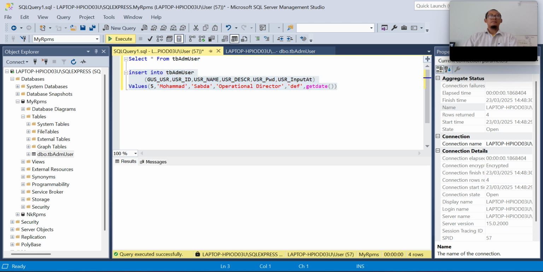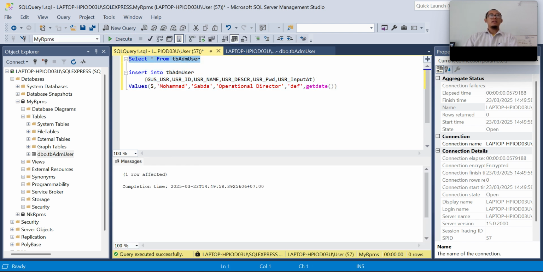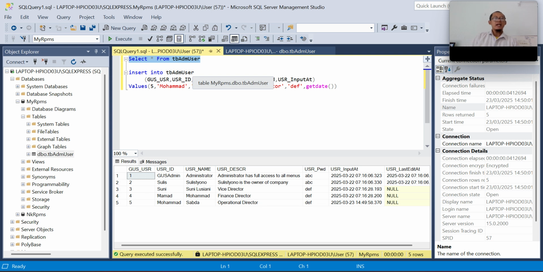Let's execute. Now let's display our data. We see here we have 5 data.